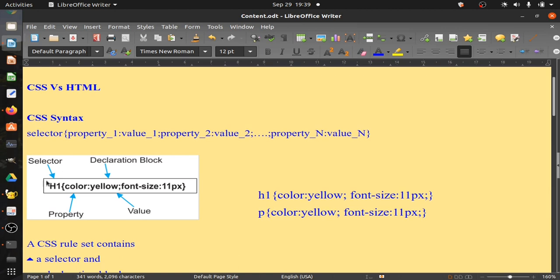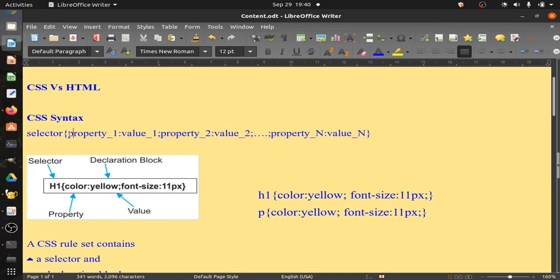For example, that can be H1, H2, P, or even body. And second is the declaration box, which is contained in curly brackets like this.